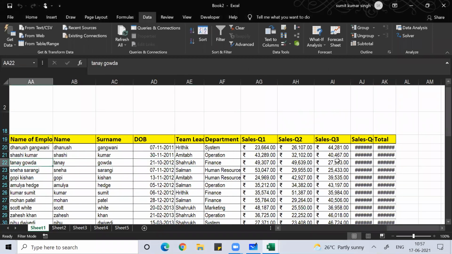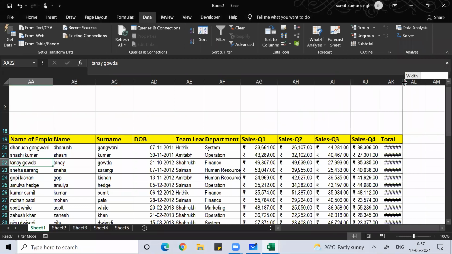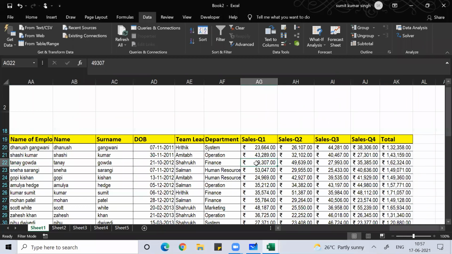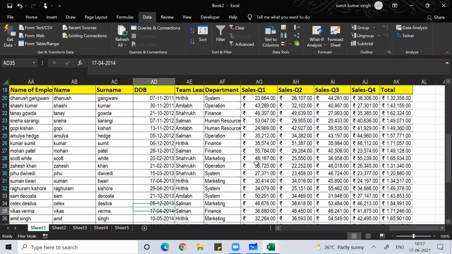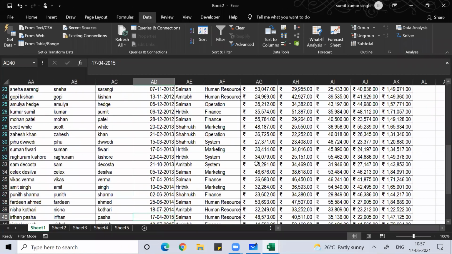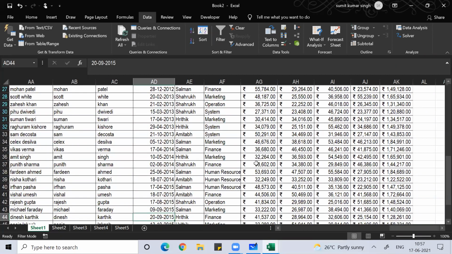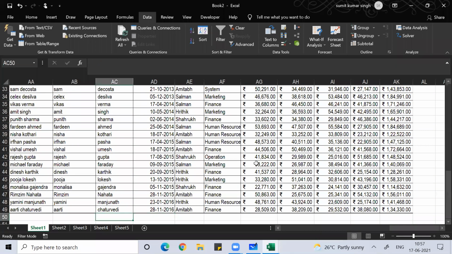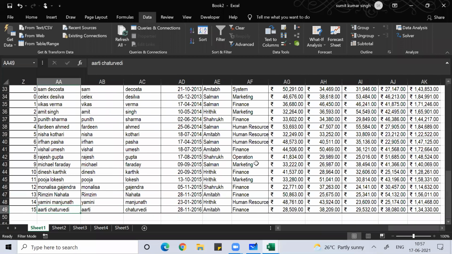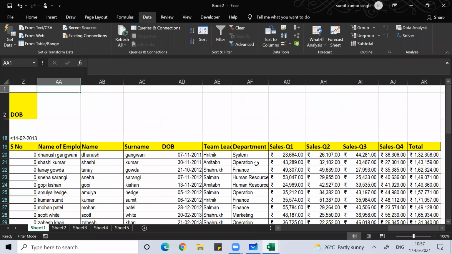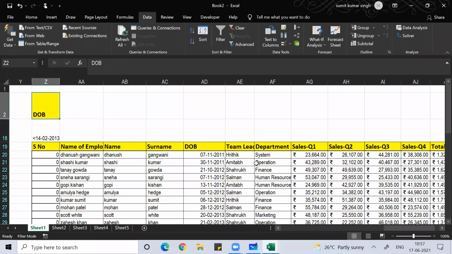Still it came a little bit proper. Here there's a problem. Clear, everyone? So you can see all the people whose birthdays are before 14 February. You can see that their birthday is before, no, everything came. One minute, guys, one minute. I want to see all those people whose birthday was before.